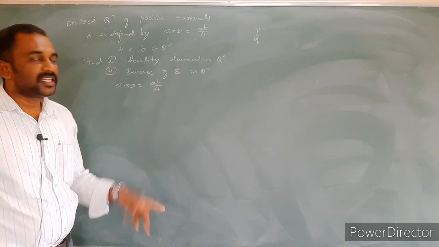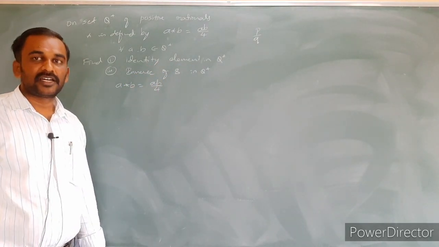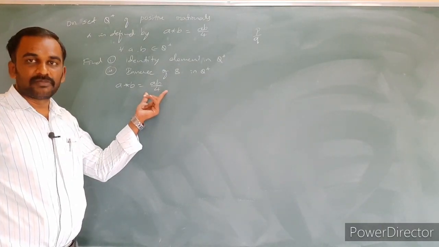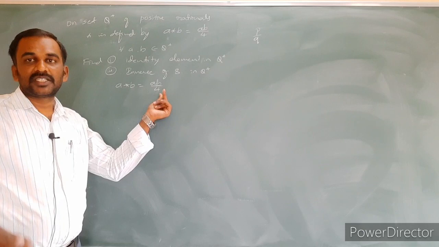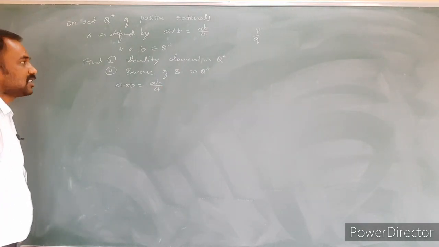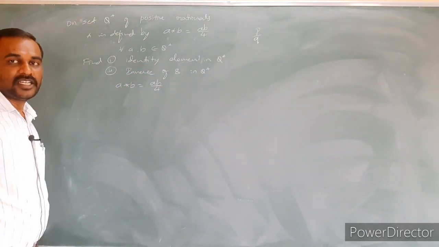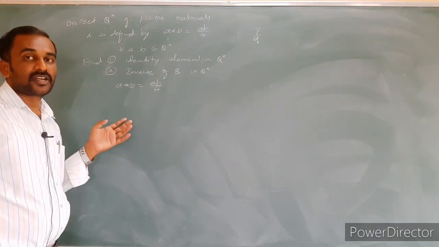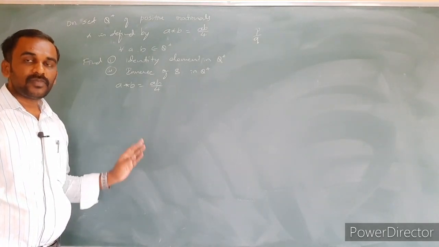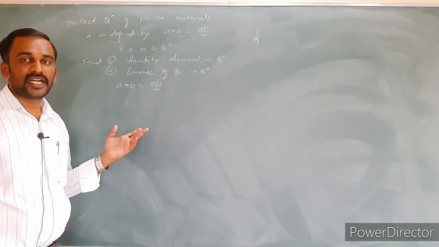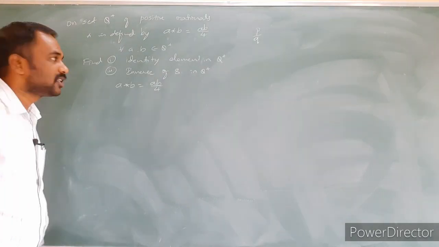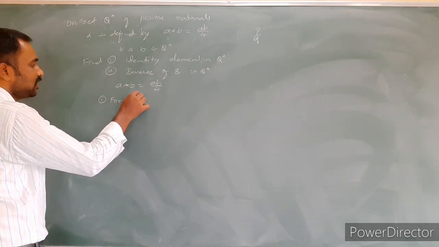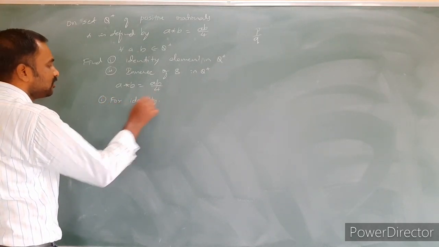To find the identity element and invertible element, it should be a commutative law, and as well as it should be a binary operation. First of all, is it a binary operation? Yes, binary operation. And is it commutative? Yes, AB is same as BA. Okay, commutative law is satisfied. Directly we can find the identity element and the invertible element. Sometimes in the examination they will ask to check or prove that it is commutative and associative, and then find the identity element if it exists. So, like that also they might ask. Anyway, for the identity element, it is a simple thing, we have to replace the definition.